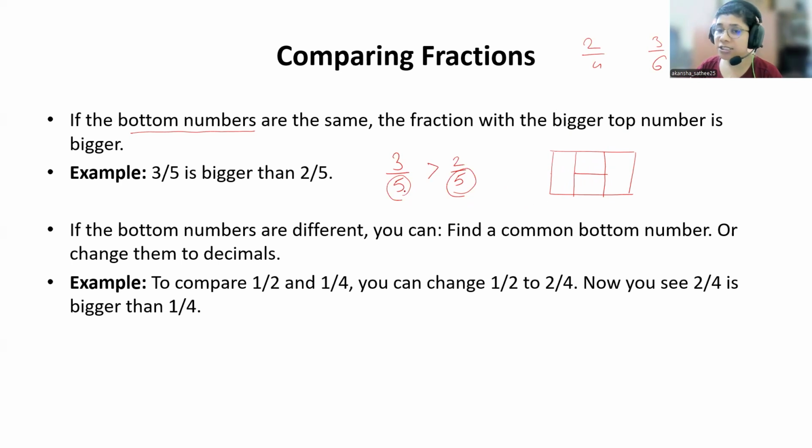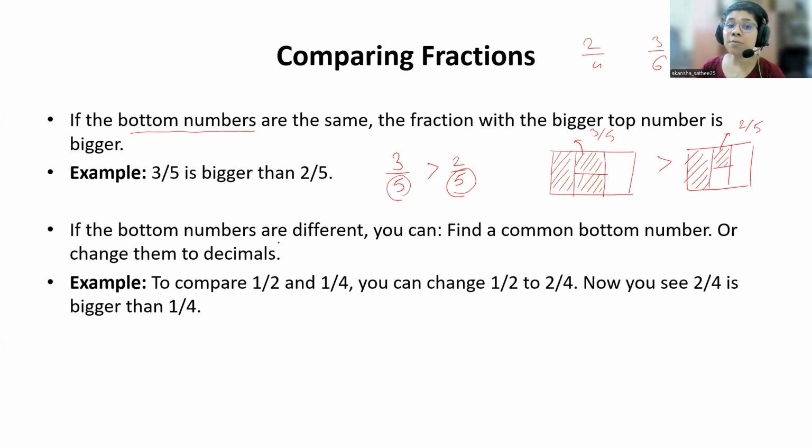Now one fraction is 3 by 5. So one fraction is 1, 2, and 3. This is your 3 by 5. Let me draw it again. Other fraction is 2 by 5. So 1 and 2. This is 2 by 5. Now tell me which one is bigger, 3 by 5 or 2 by 5? The shaded area. First 3 by 5. So first you have to match the denominator, and then whichever numerator is big, that fraction is bigger.